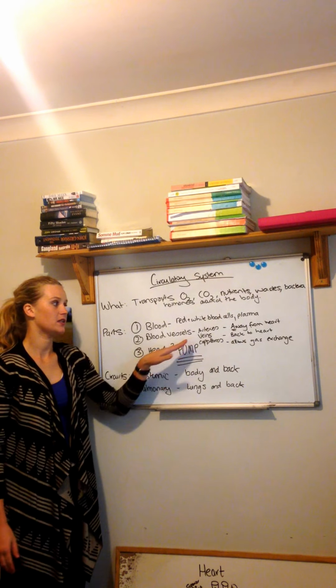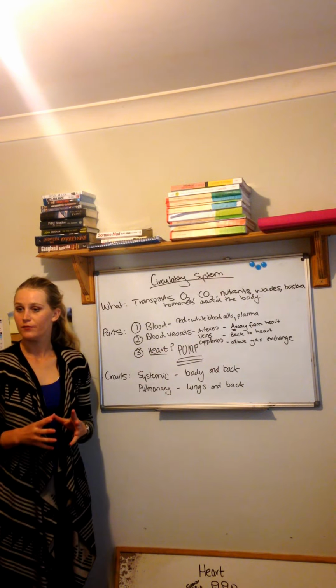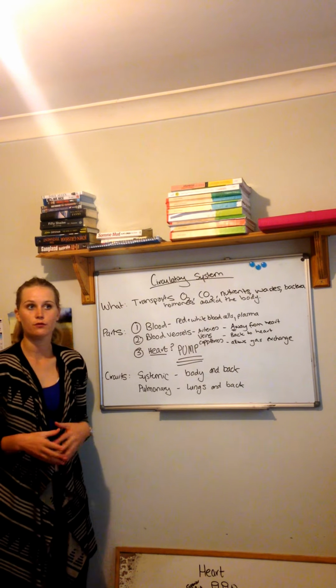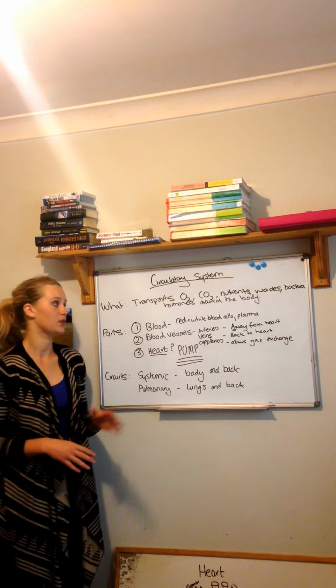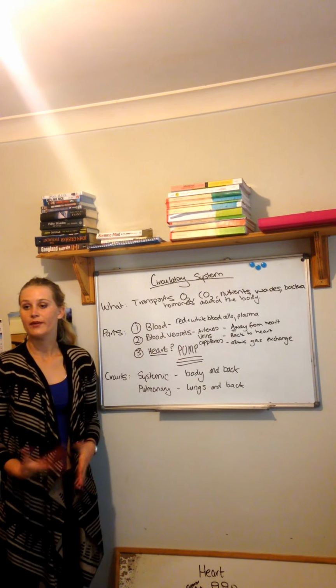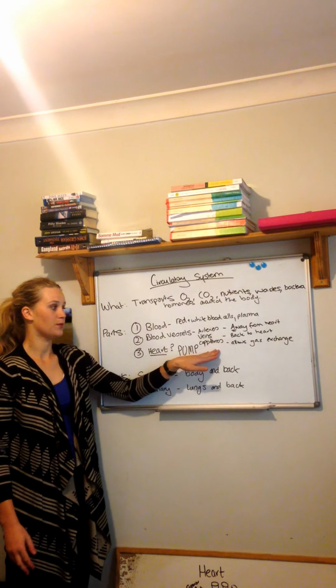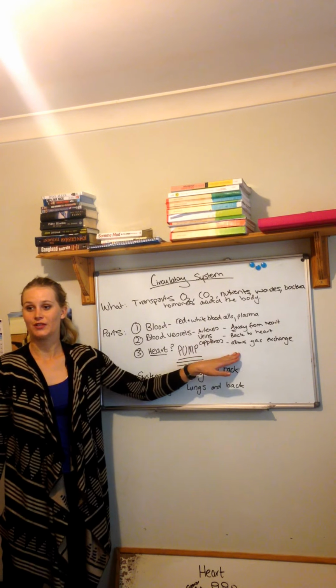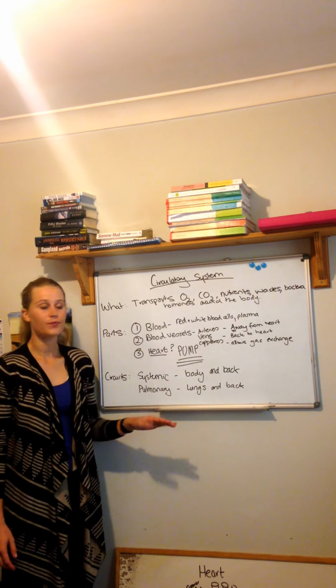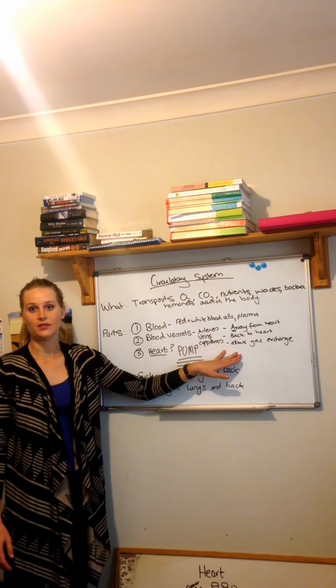Now the arteries and veins, they're actually the bigger blood vessels, and the capillaries are very fine, which allow gas exchange. So if you're imagining yourself being in a car and you were like the red blood cell, the arteries and the veins are sort of like the highways and the freeways, whereas the capillaries are like the residential streets. So you're not going to be helping people get in and out of your car when you're in the middle of the freeway. You're going to do that when you're on the residential streets,